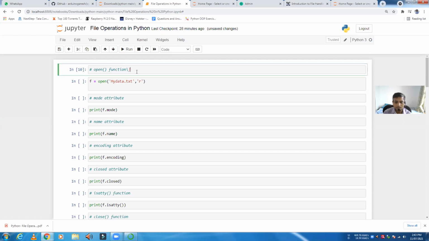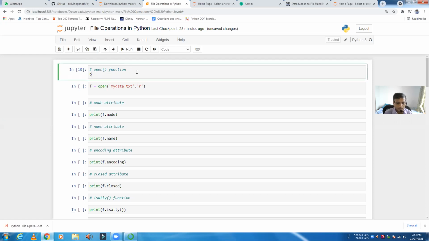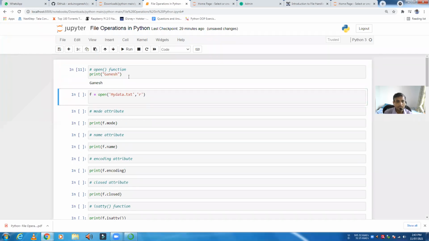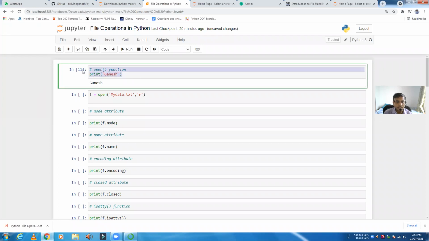For example, suppose I want to print my name. Here I can use the instruction print Ganesh, and if I execute this, I get the output. This is called the code cell.